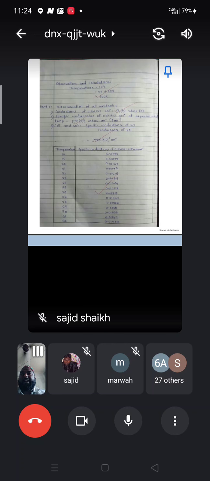And the specific conductance of this particular 0.1 normal KCl solution at experimental temperature is tabulated in that particular table. You can see at what temperature what will be the value of the specific conductance: 10, 15, 20, 21, 22, 23, 24, 25. Different temperature ranges are given with the specific conductance values. For the 0.1 normal KCl solution, we observed 13.30 millimoles of conductance. By taking these values, we will get the cell constant as 1.00 into 10 raised to minus 3.